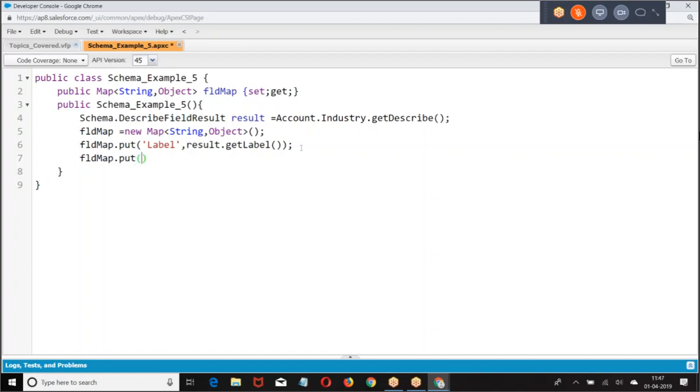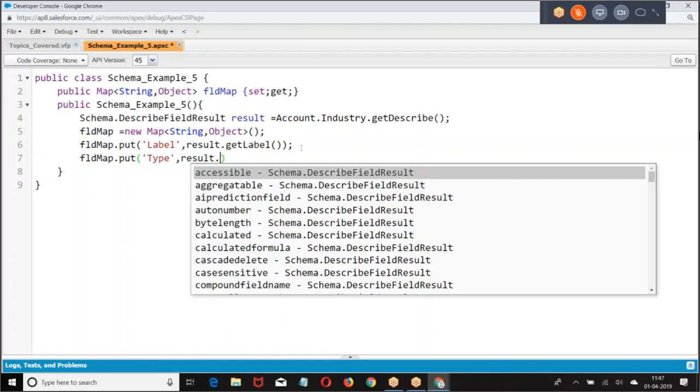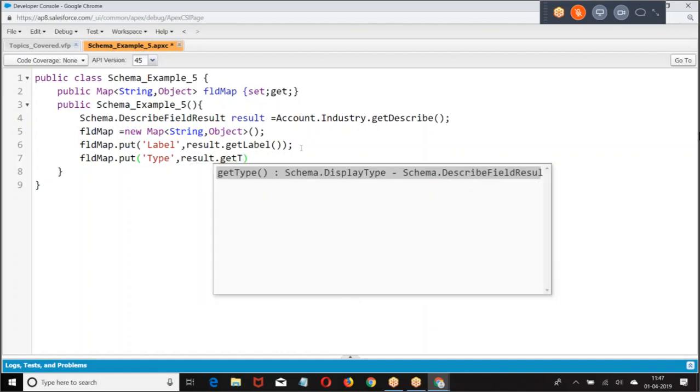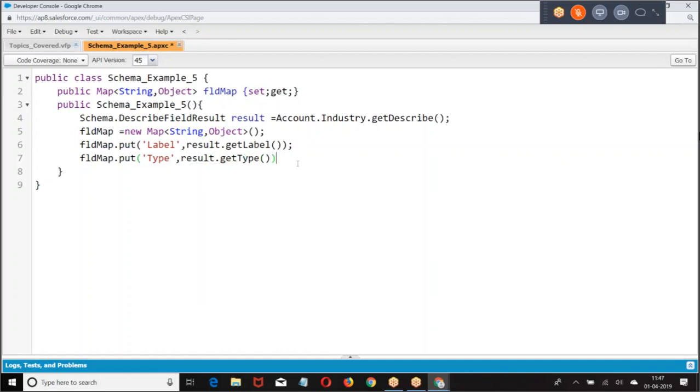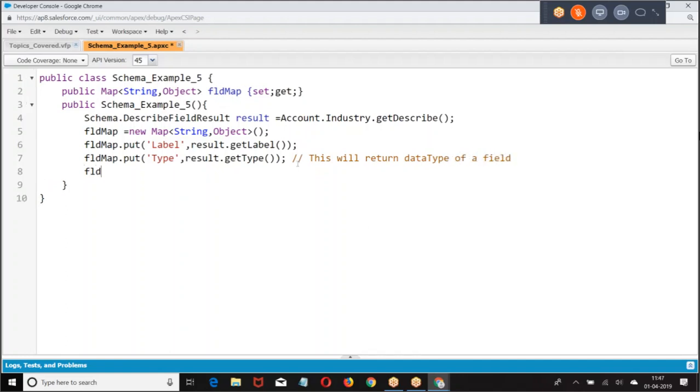Field map dot put. What type of field is this? Result dot get type. Data type of a field. Field label, field name.